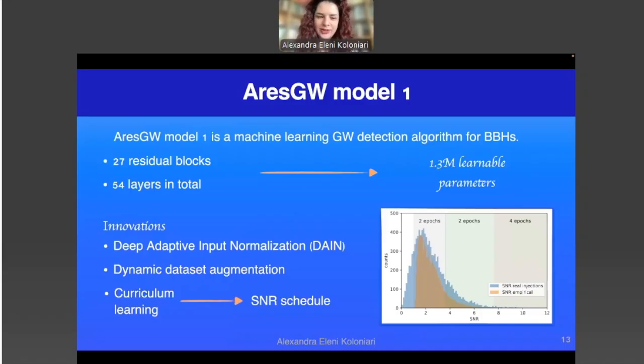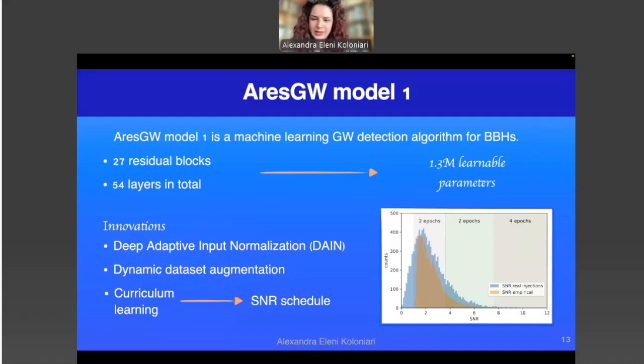It includes 27 residual blocks and 54 layers in total, leading to 1.3 million learnable parameters. It also includes innovations such as deep adaptive input normalization, or DAIN, dynamic dataset augmentation, and curriculum learning using an SLR schedule, as you can see in the figure here.